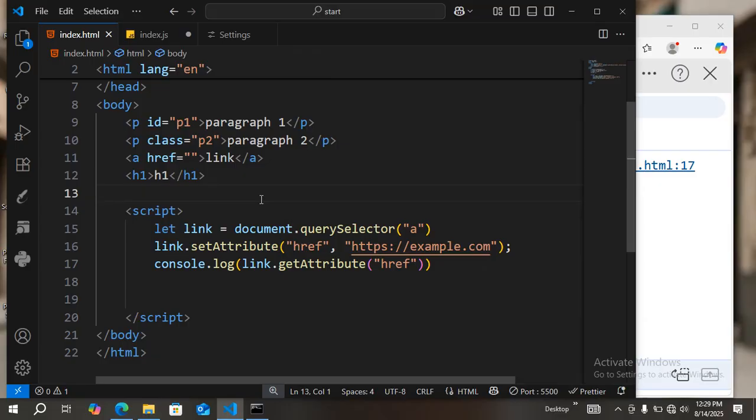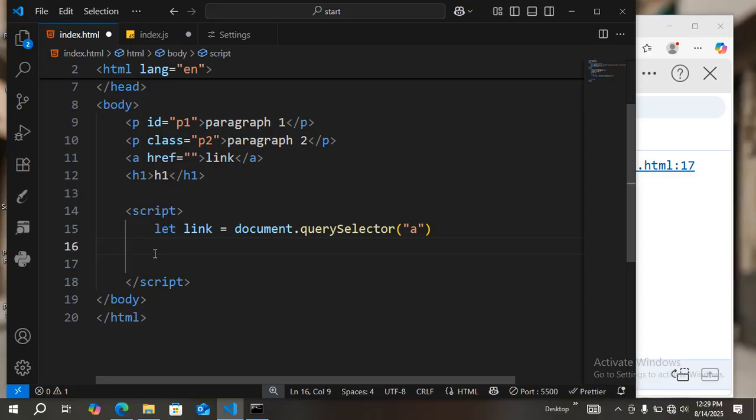So let us see about event handling. In event handling, we use the add event listener to add an event listener. So let us delete all these ones. Here we have that one. Let us get query selector. Let us select the P, the paragraph. This is for the para,